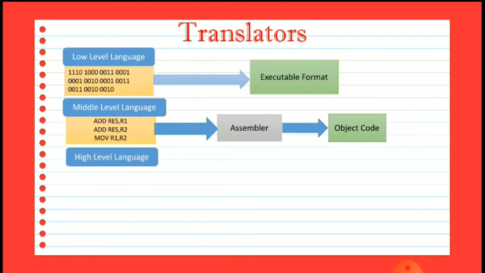Now we will see how compiler works. If instructions are written in high level language, those instructions need to be converted into low level language. Suppose these are the instructions which are written using C programming language.